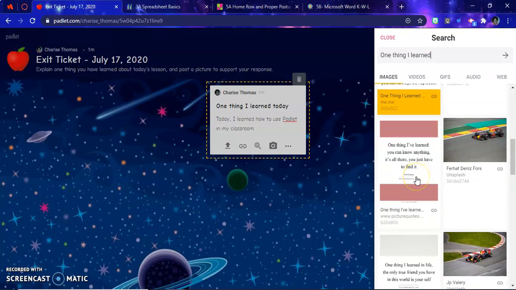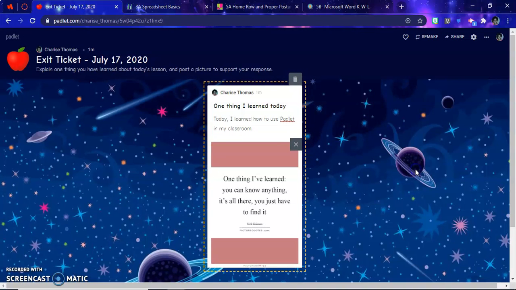And pick any picture that you find you would like to post. Okay. Once you do that, as your students begin to post, you will see the movement of where your posts will go. These will all begin to move over, but you will begin to see where your students are posting